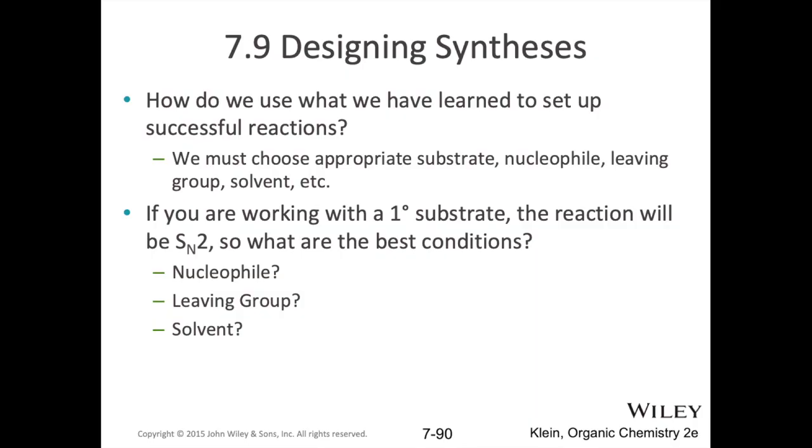And likewise for the solvent, do I want a protic or an aprotic solvent? I know I want a polar solvent, but do I need it to be protic or aprotic? Again, remember, for an SN2 mechanism, you want an aprotic solvent. You don't want any protons forming that shell around the nucleophile and making it less